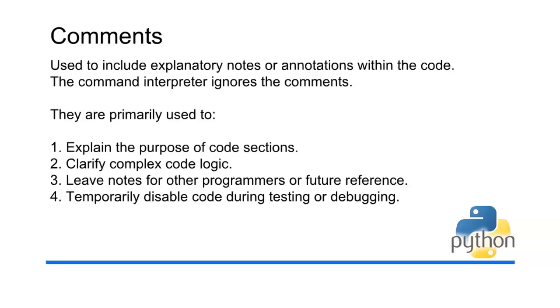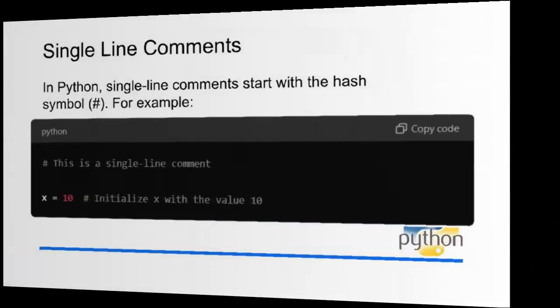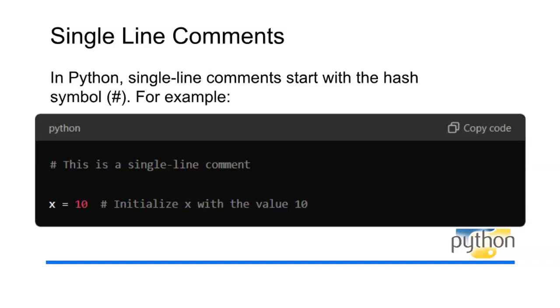In Python, single-line comments start with the hash symbol. Single-line comments in Python are used to annotate code with brief explanations or notes, enhancing readability and maintainability. They begin with the hash symbol, allowing programmers to include comments that the interpreter ignores during execution. These comments can be placed on their own line or at the end of a code line, making them versatile